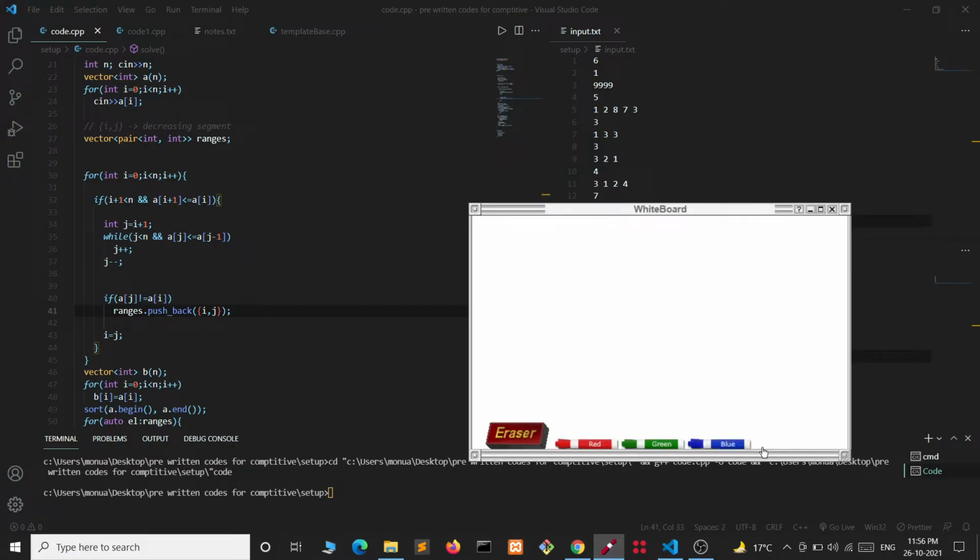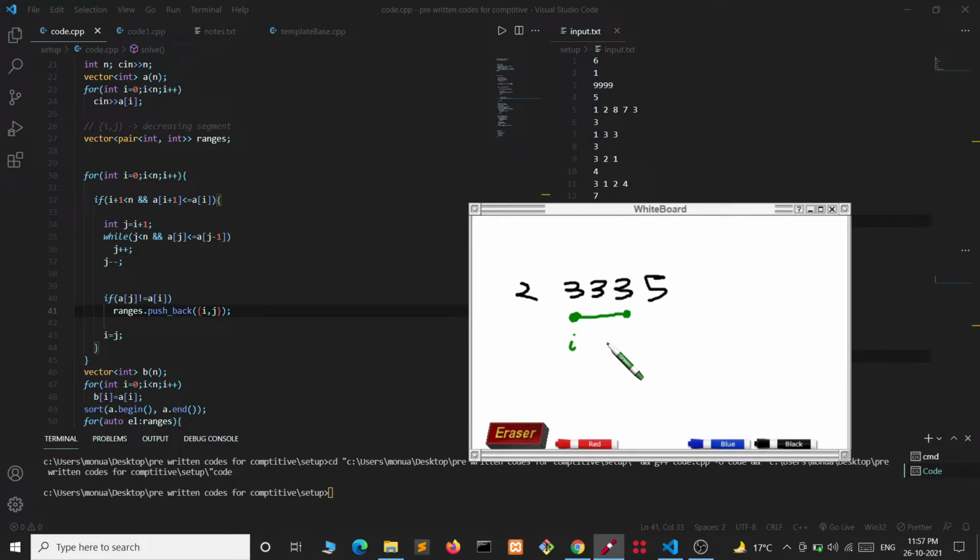Like if we are having something like 2 3 3 3 5, we see that just after 3 we have an element which is less than or equal to 3, so we will continue, and here we see that it just got increasing, so we will break from the loop.